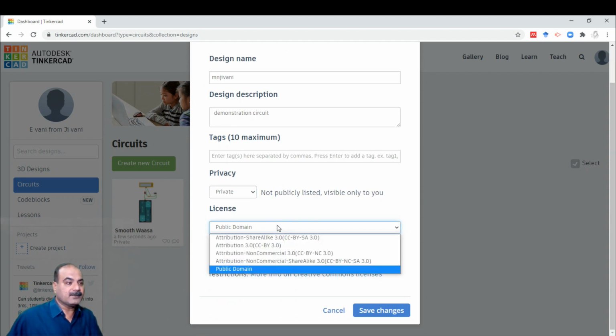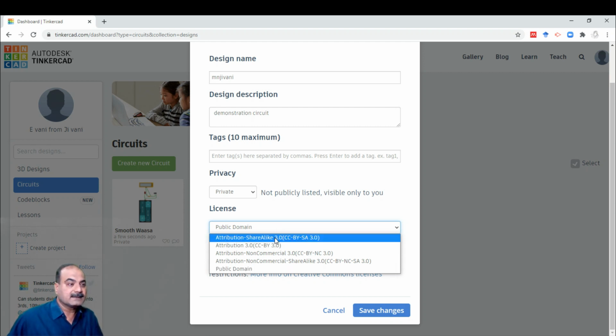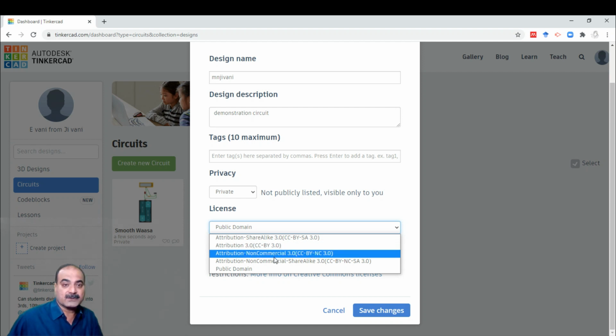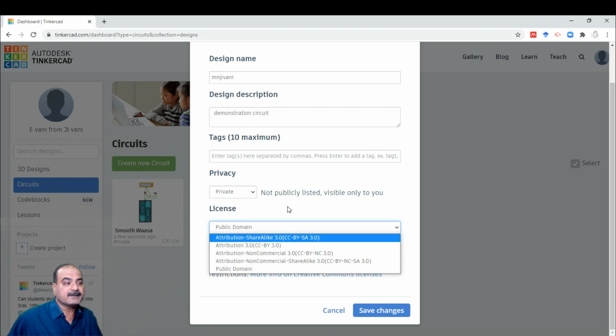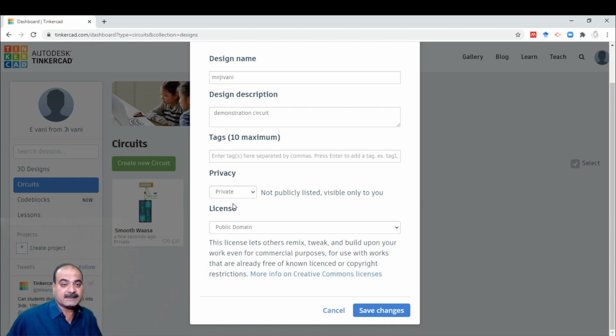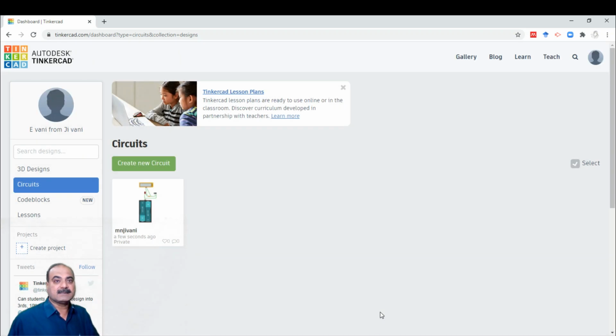And in the public domain, you can provide a license. You can get a license such as attribution non-commercial, or it is in the public domain, right? So that is also a good facility. So if you are designing anything online for your project, and that project is crucial and important, here also you can register your license. Fine. So right now I'm keeping it private, so only I can see it, no one else can see this circuit. So I'm just clicking on